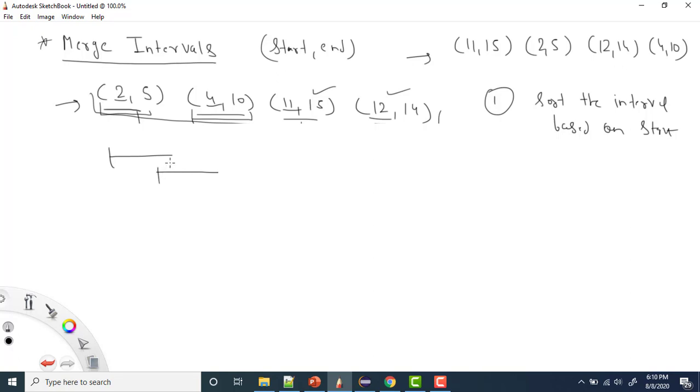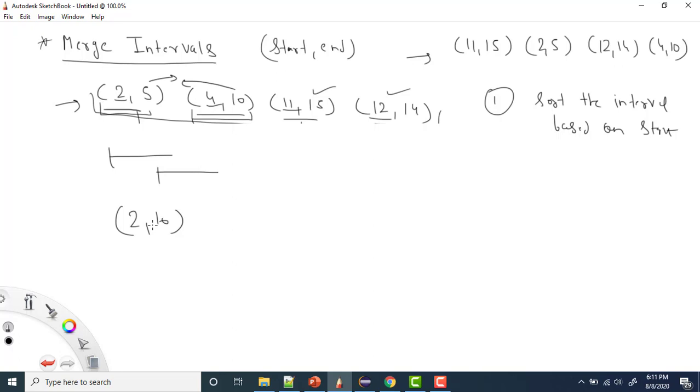Now if you want to merge them, my first start will be this one. Now what will be the end? The end will be the maximum out of these two values. The maximum of 5 and 10 is 10. So this will be the value after merging.